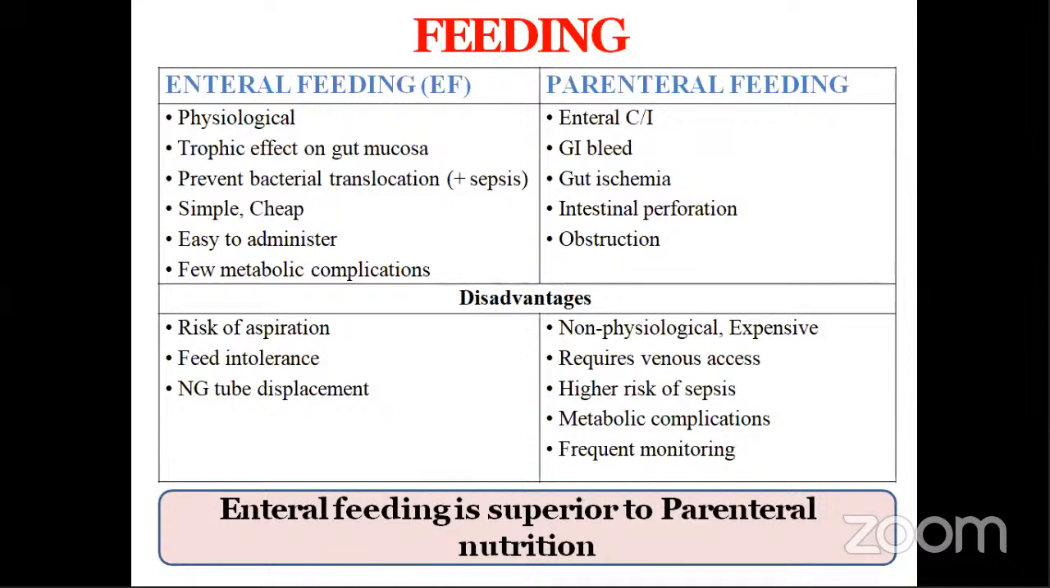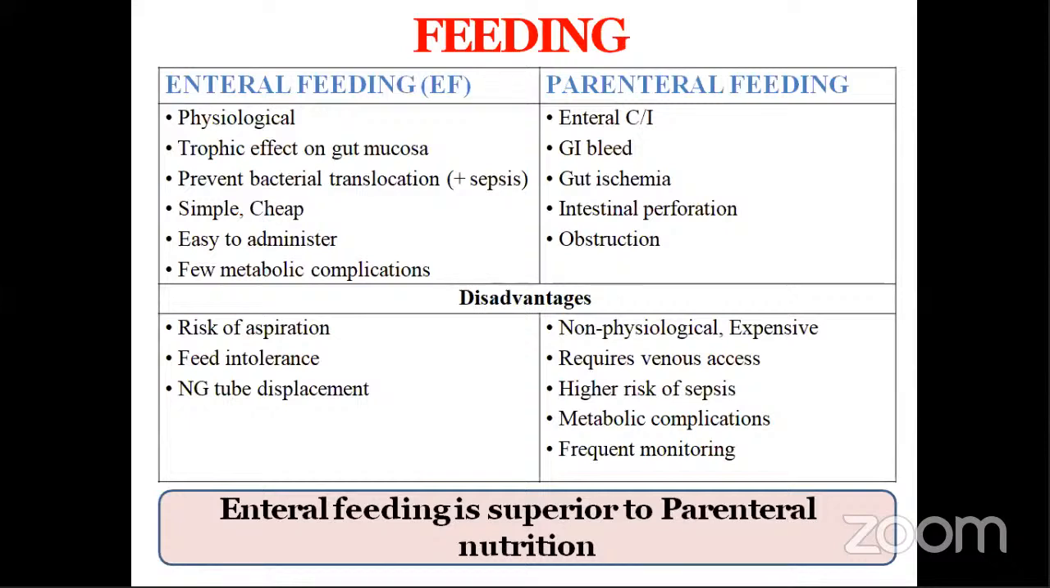It helps to prevent bacterial translocation, and thereby it decreases the incidence of sepsis. It is simple, cheap, easy to administer, and is associated with very few metabolic complications. Yes, it does have its disadvantages in the form of NG tube displacement or feed intolerance or risk of aspiration,